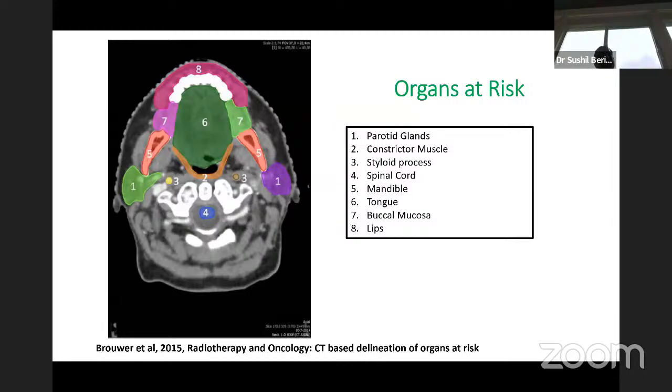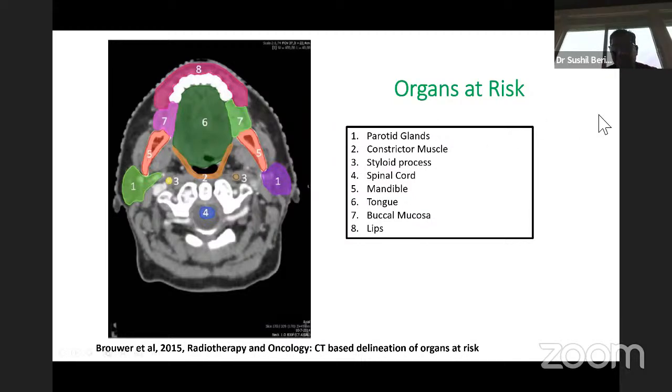The risk of complication is 1 in 1,000, which is not the tolerance dose. The tolerance dose is much higher than that, but we don't reach the tolerance of a spinal cord for obvious reasons. And you can limit the dose to anywhere between 40 to 50 gray. The probability of cord injury is between like 1 in 1,000 to 2 in 1,000. So that's one concept which is different from the tolerance.